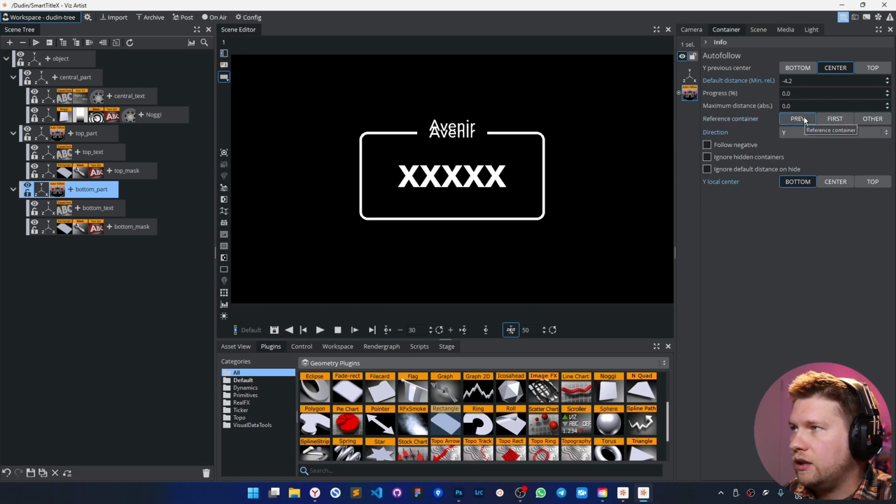For example, here for the autofollow, we can use only previous and first. For the previous, it's not possible to use because the previous one is the top part. So we cannot make two containers, top and bottom, follow the previous. We have to use a bit different logic for this. We have to change to the first. What does first mean?